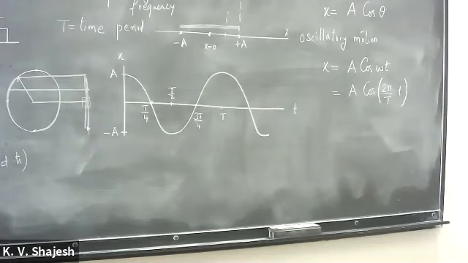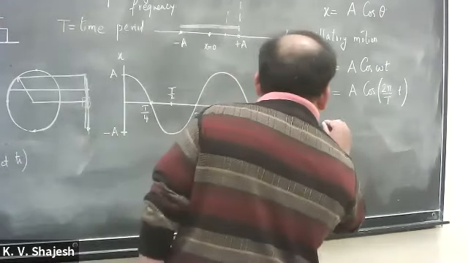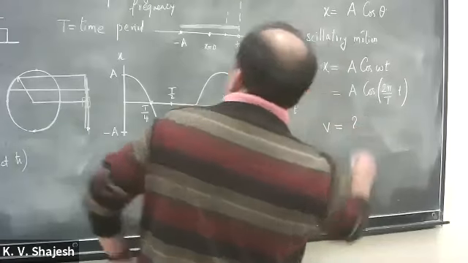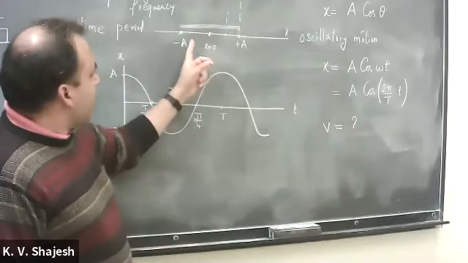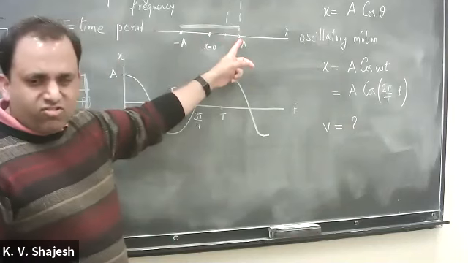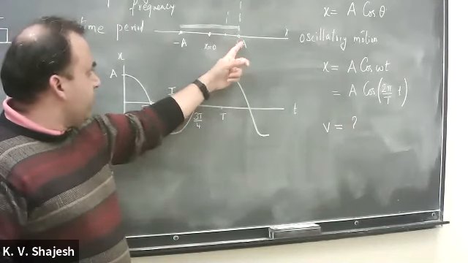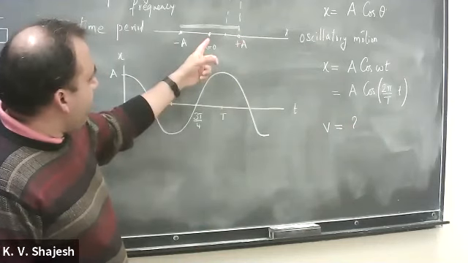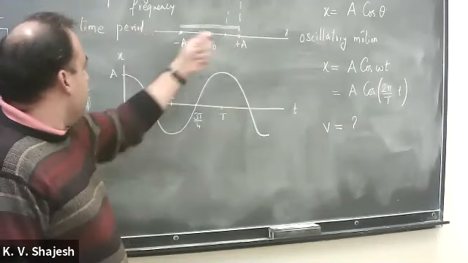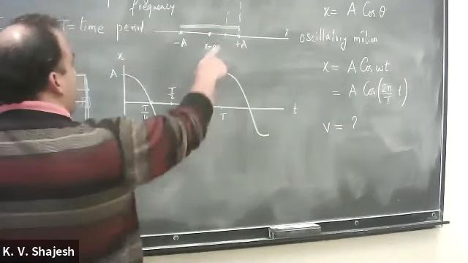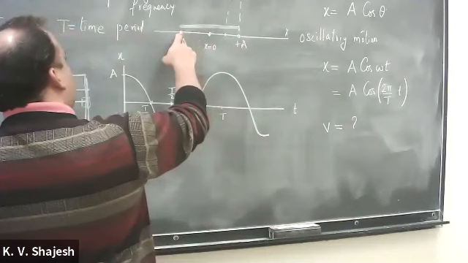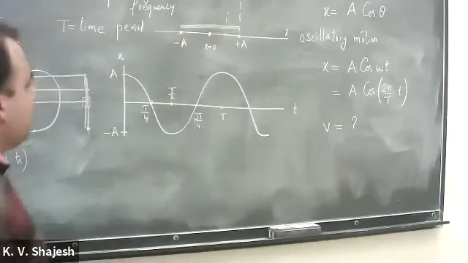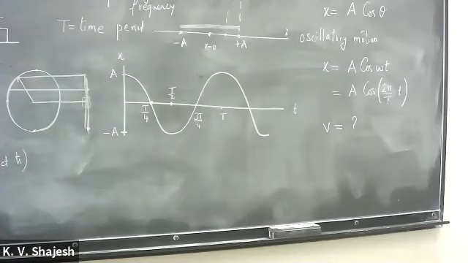So that's good. Now we know the position-time graph, but we would also like to know about velocity. What about the velocity of this mass as it is oscillating? It is clear that it comes to a stop at the extreme end, and it will be fastest at x equal to 0. It pretty much zips by x equal to 0, then comes back to rest at the other end, and keeps oscillating that way. So it should be exactly like position, but again, there is a periodicity in there.